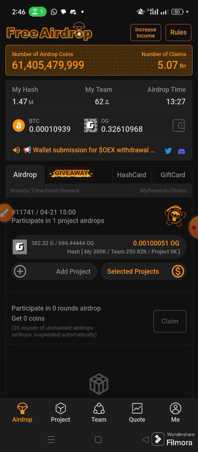Today we shall be going through the process of linking our withdrawal address to the Satoshi app in preparation for the withdrawal of OEX. So which wallet address are we to link? For those who already linked their MetaMask or their Trust wallet address to the Satoshi app, you can